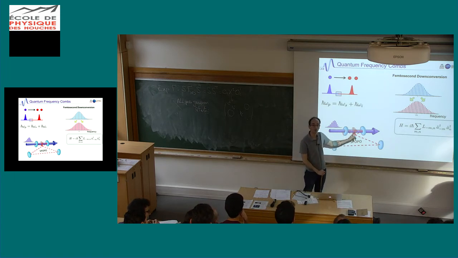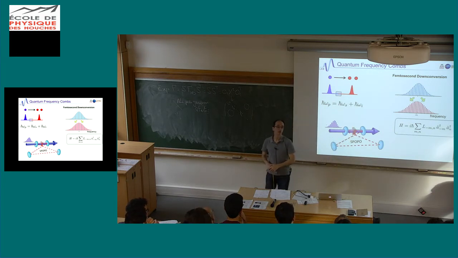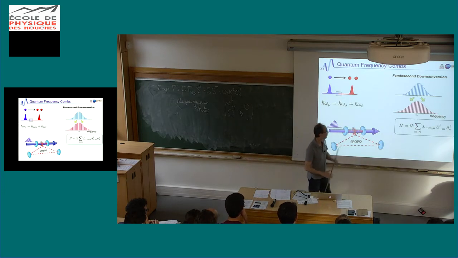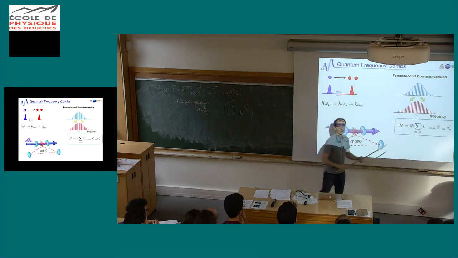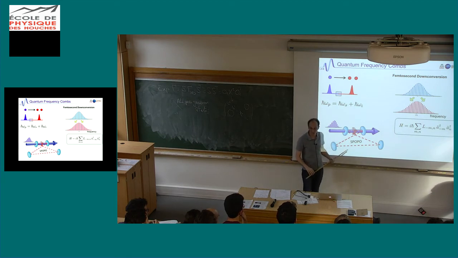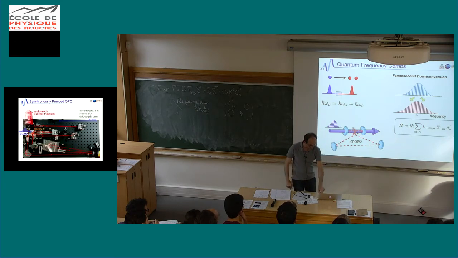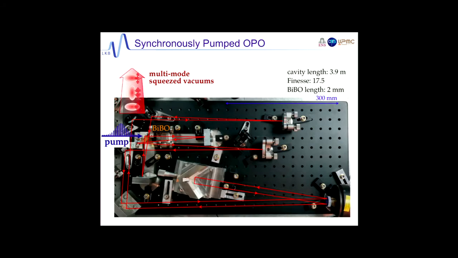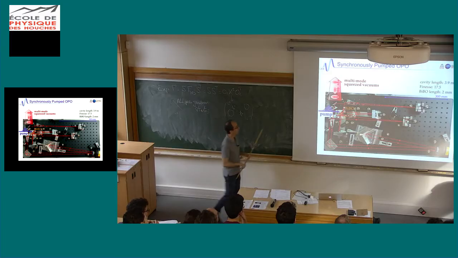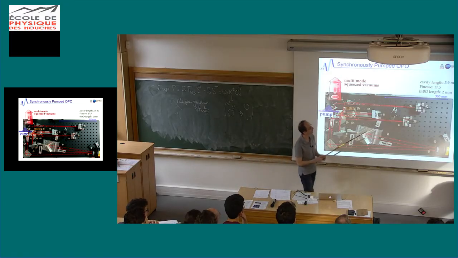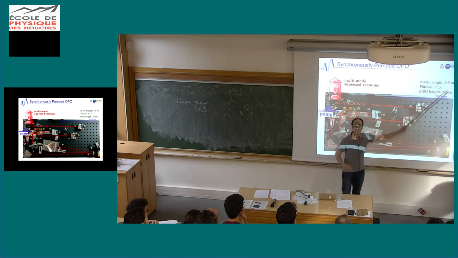So there's two things. The crystal is very thin, like half a millimeter, so the phase matching of the crystal is very broad. The other thing, which is a bit harder, is that you want all your frequencies to be resonant in that cavity. That's why I put a picture of the cavity. So this is how the cavity looks. In fact, the cavity we have is a bit complicated. It's 4 meters long. So why is it 4 meters long?